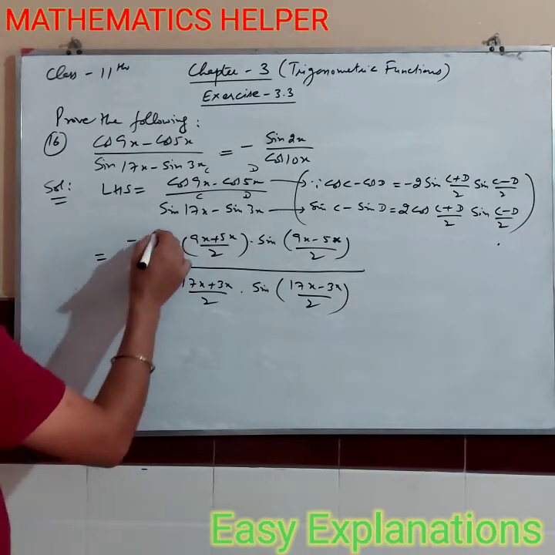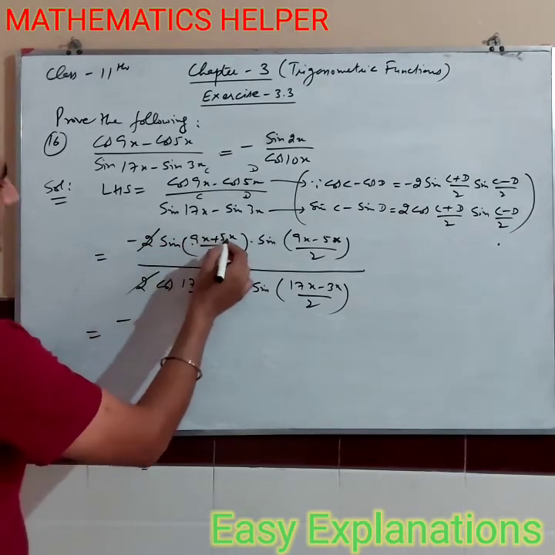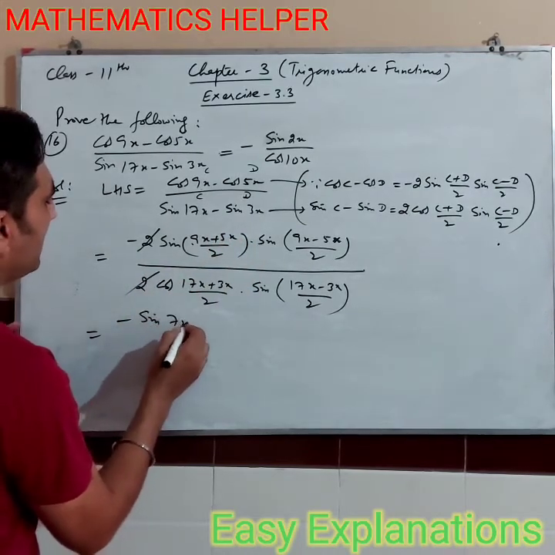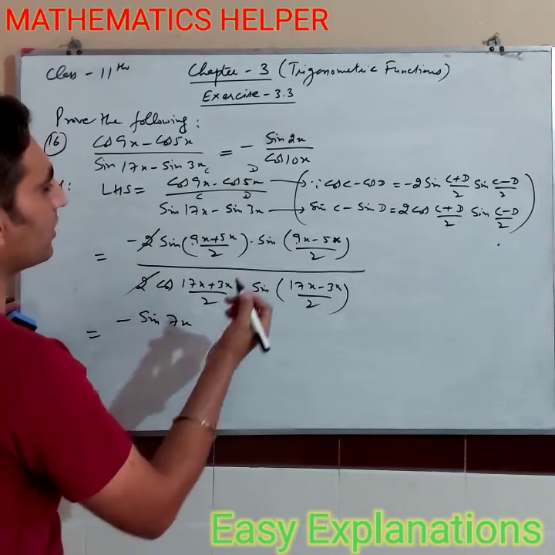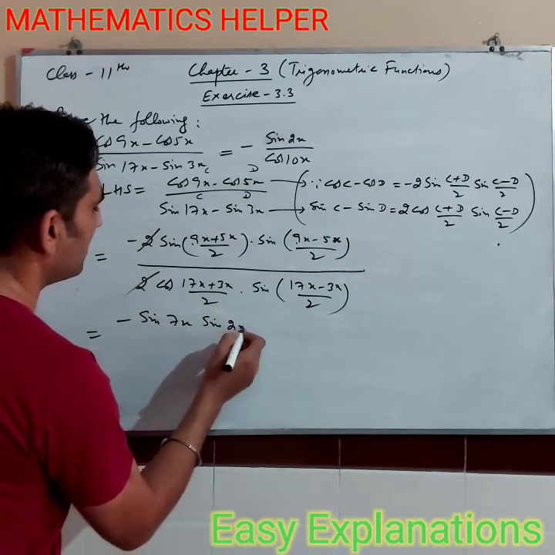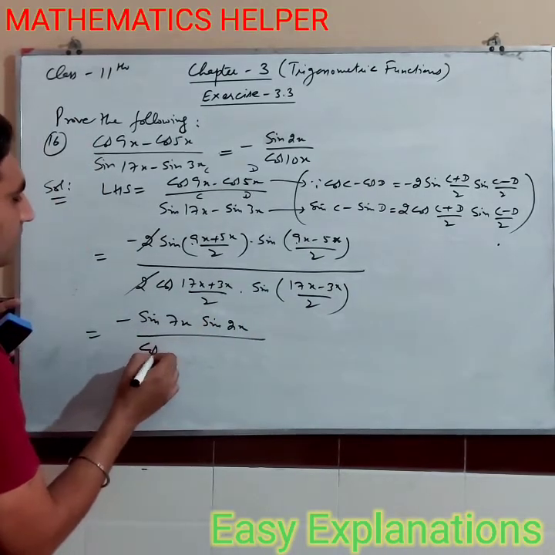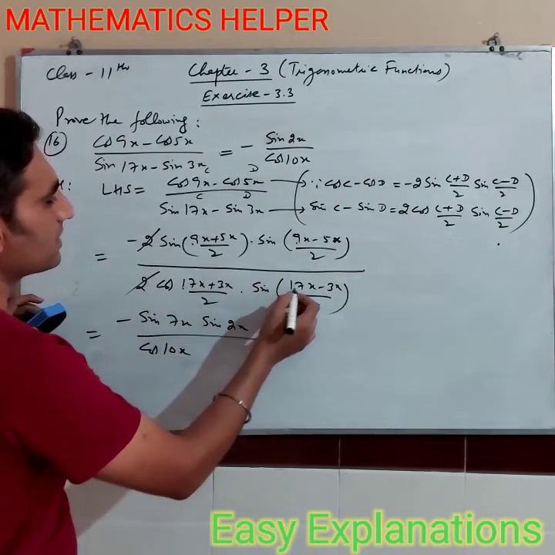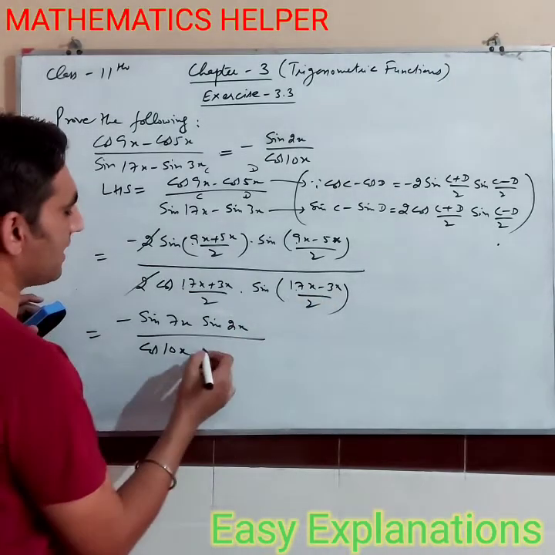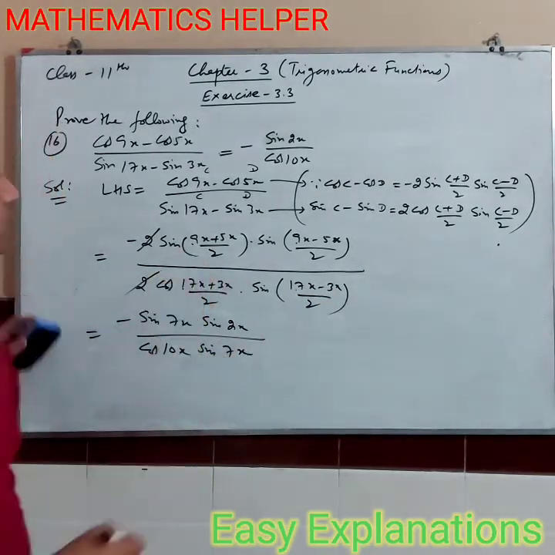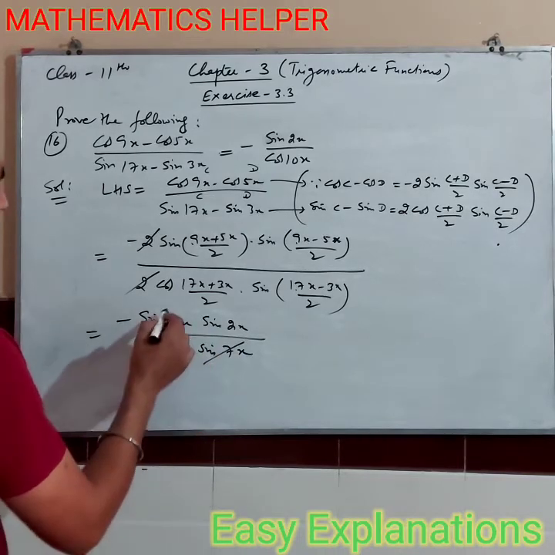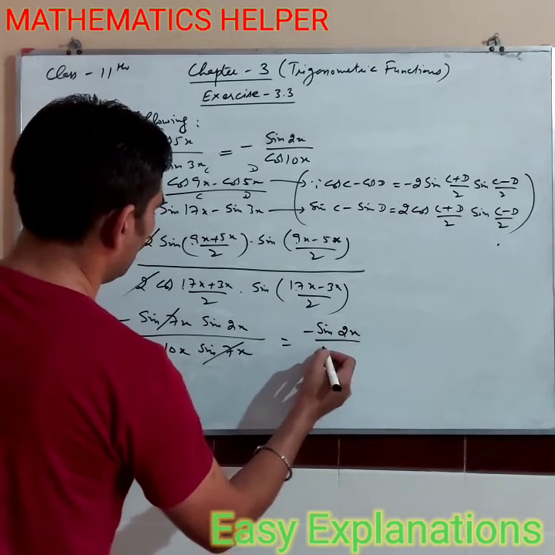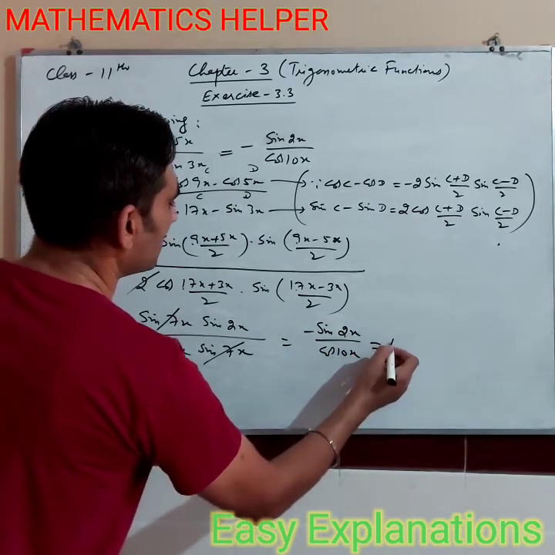2 firstly cancelled. We have minus, 9 plus 5, 14. 14 over 2, 7. So it is sine 7x. Here 9 minus 5, 4. 4 over 2, 2. So it is sine 2x. Over cos, 17 plus 3, 20. 20 over 2, 10. So cos 10x. 17 minus 3, 14. 14 over 2, 7. So it is sine 7x. So we can cancel sine 7x again. And we are left with minus sine 2x over cos 10x, which is exactly the same as the right